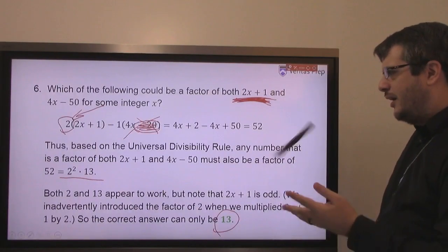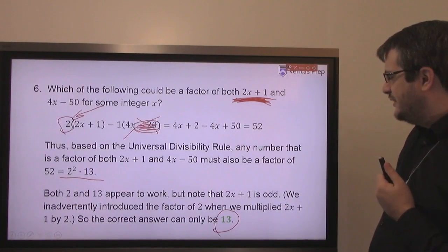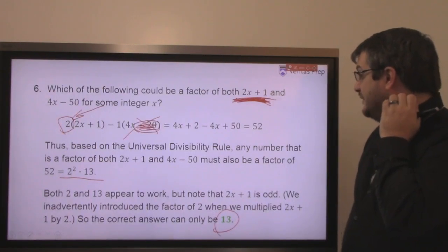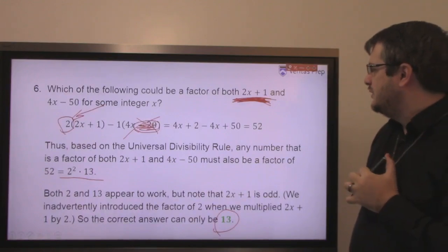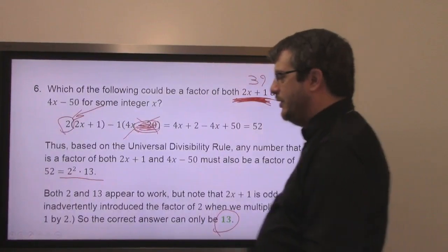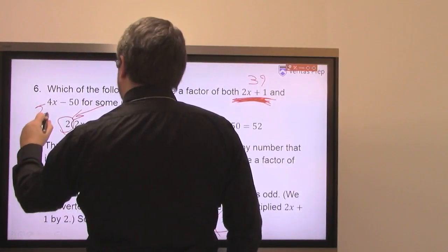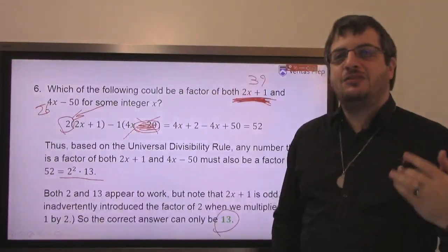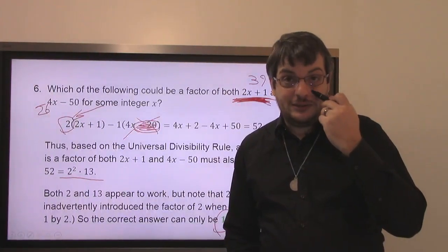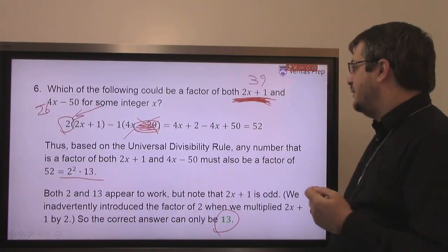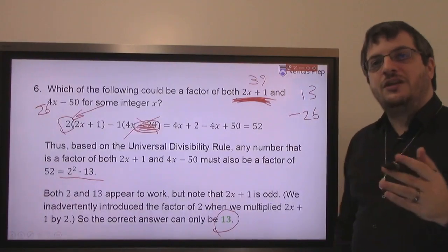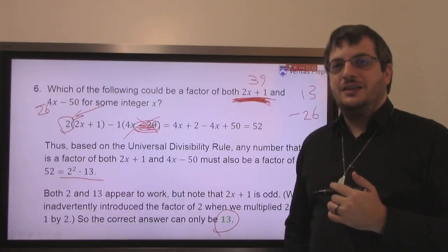And incidentally, you can get 13 if x is, what were some values of x? If x is 19, 19 works. Because if x is 19, this becomes 39, and this becomes 26 when x is 19. But you're going to have a really, really hard time finding this by hand. Okay, x equals 6 also works, sure, right? X equals 6 is going to give you 13 and minus 26. Sure. So there's some other numbers that can do it.